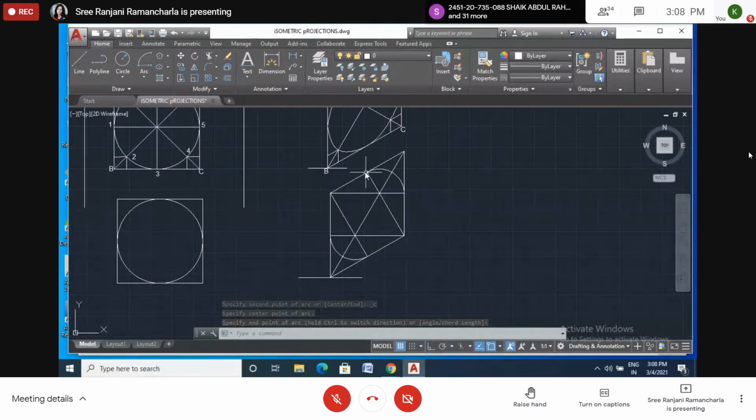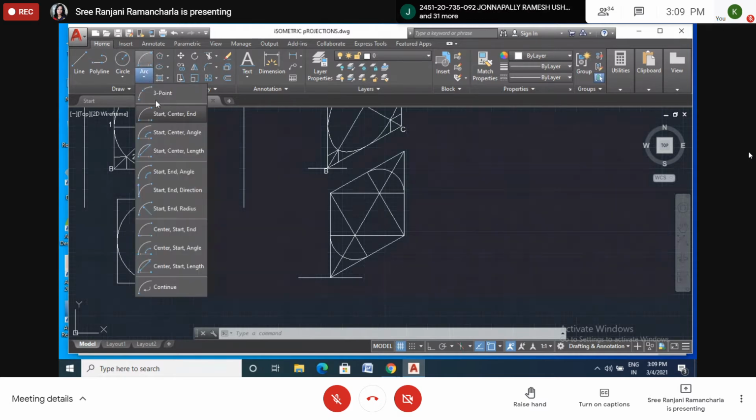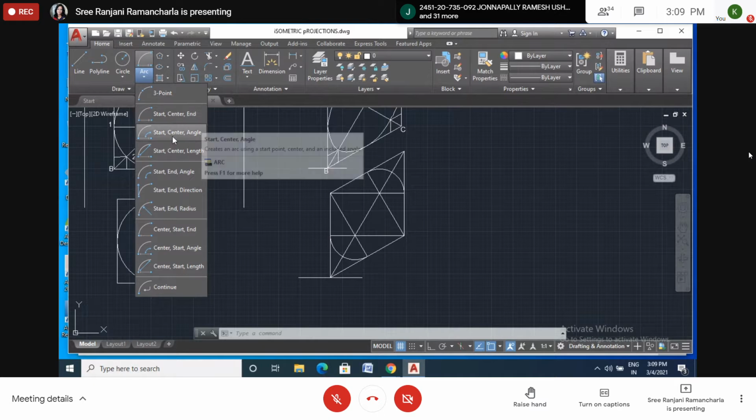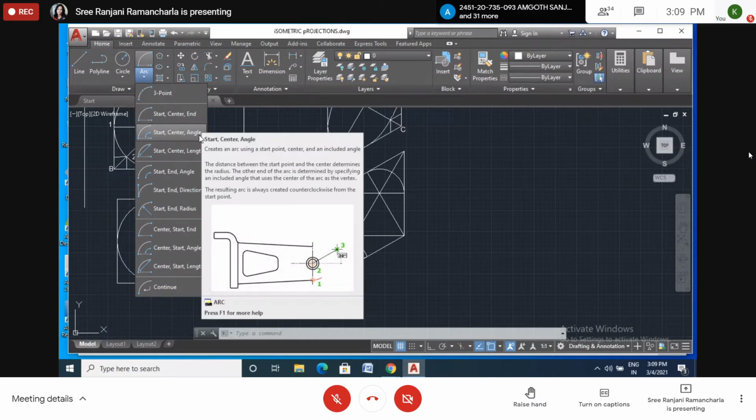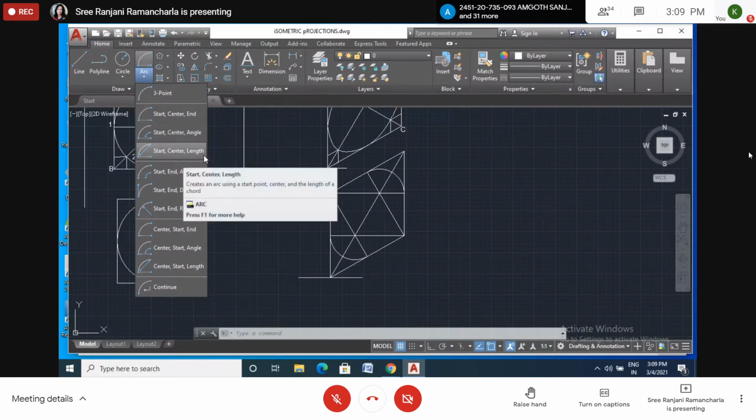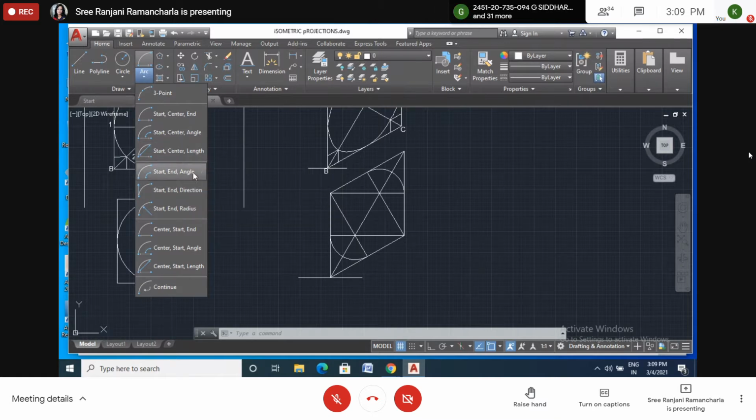Now, what about this one? This one also, take this as a radius, or this as a radius, or this one. Anything you can take. And here also we have everything: start, center, and end. Don't bother with this one. We don't have the exact angle, so we don't know the exact length. The angle is not there, and the direction we don't know. The radius we don't know. So we had better go for this command or this command.